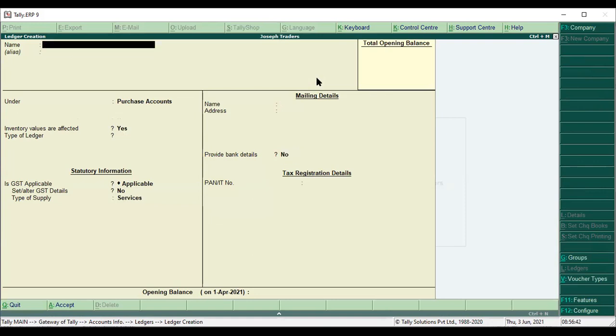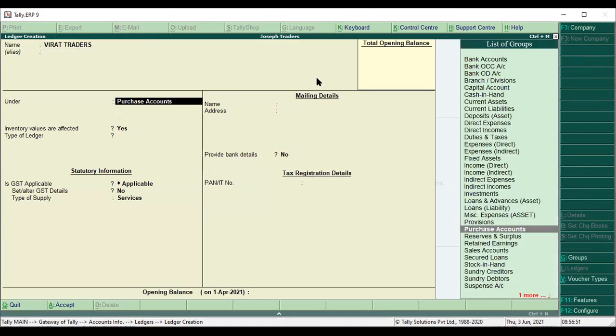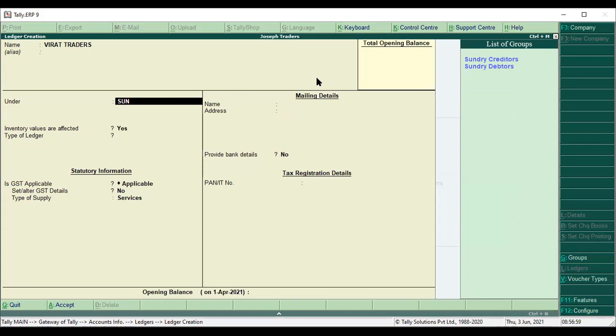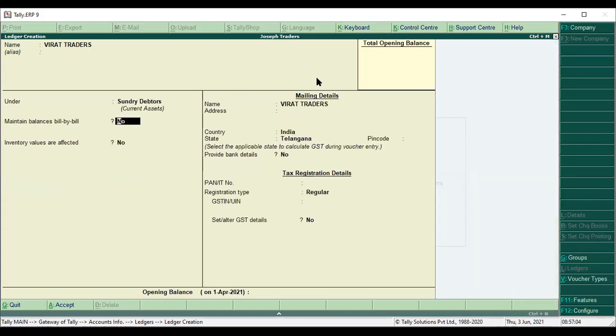Now you have to create party name, Virat Traders. So under which category does it come under? Because we are buying from him. Creditor, sir. Sundry creditor. We are buying from him, no?